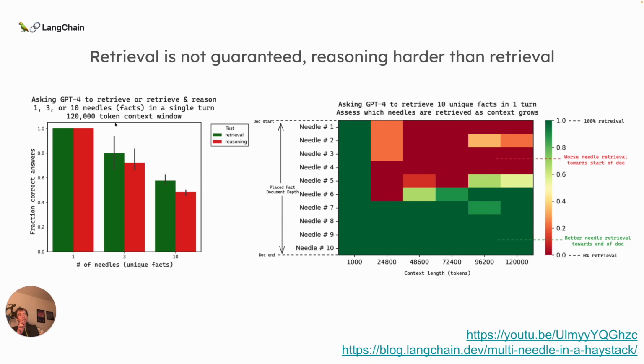Over here, everything I'm looking at is 120,000 tokens. So that's really not the point. The point is actually smaller context, better retrieval. So that's kind of point one. As I increase the context window, I see increased failure to retrieve needles, which you can see in red here, towards the start of the document. And this is an interesting result. And it actually matches what Greg saw with the single needle case as well.